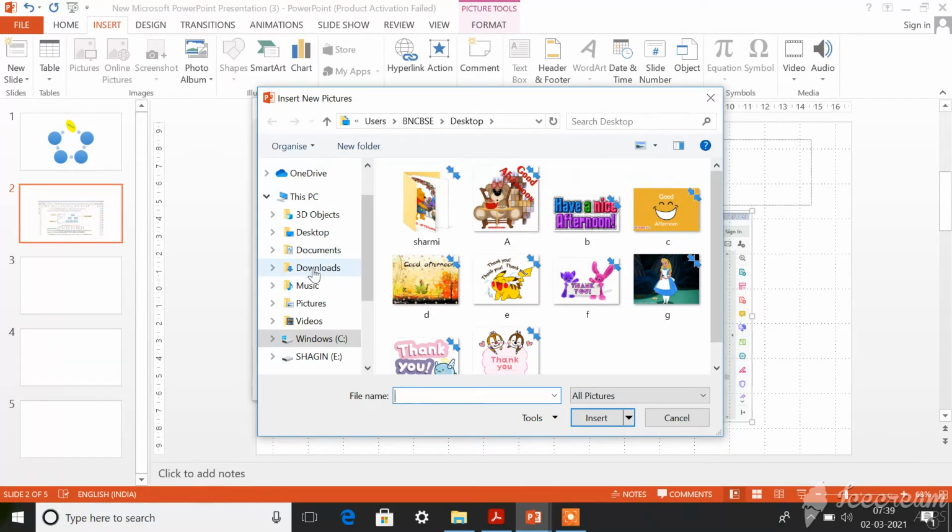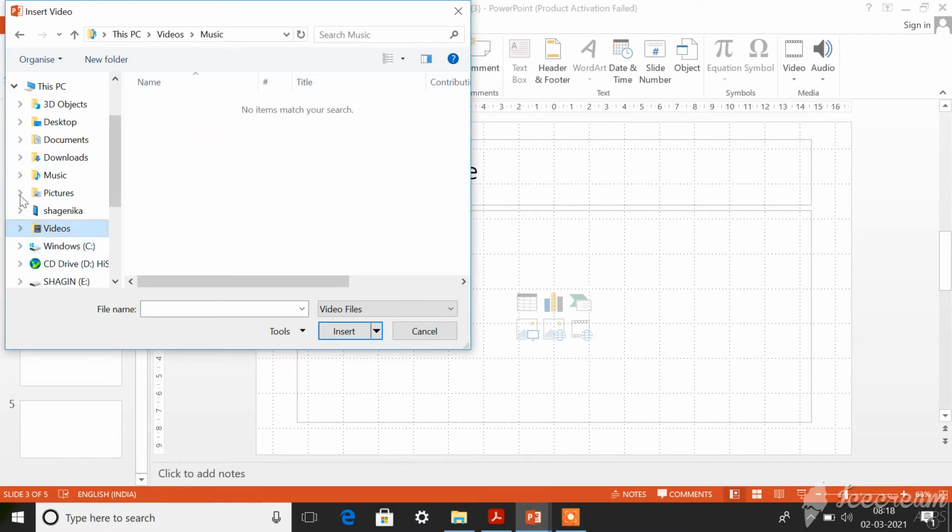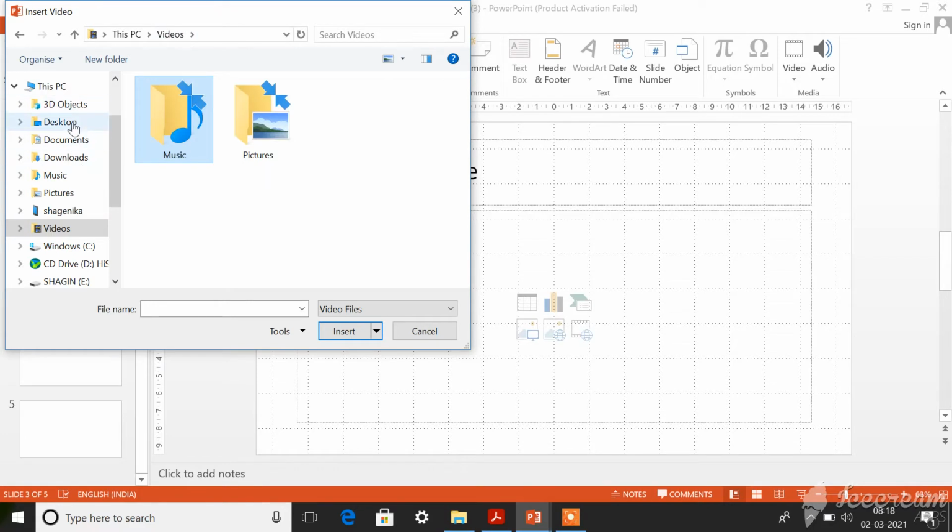Wherever you have saved your images, you click on that folder. I have stored mine in desktop. Wherever you have your videos, you can click that folder. I have a video in desktop.